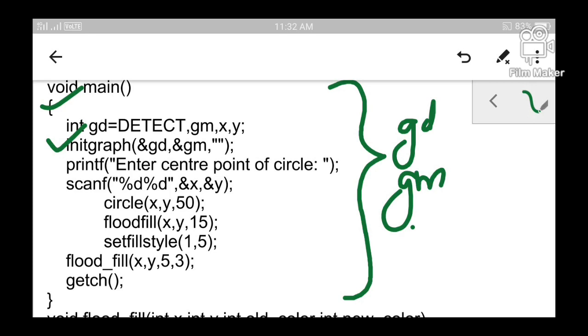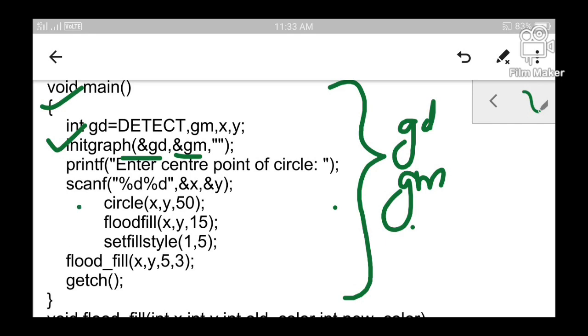Okay, now this function uses 3 parameters. One is address of gd, address of gm, that is address of the graphics driver and address of graphics mode, and the third parameter is the path, which will automatically be substituted there. Okay, path is the default path which the system generates and will substitute over there. There is no need for the user programmer to specify the path explicitly over there. Once the initialization is done, let us proceed to draw a picture.